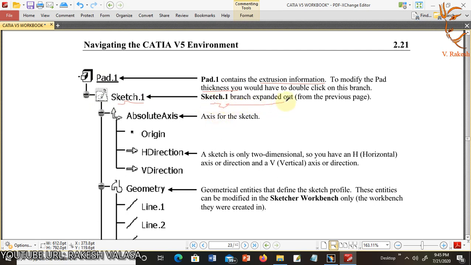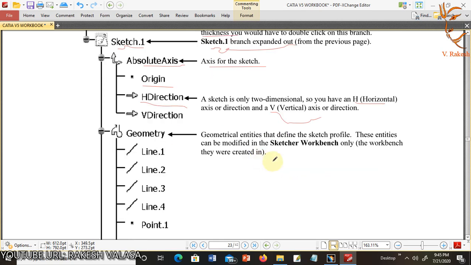Sketch 1 branch expanded out from the previous page. Next one, absolute axis. Axis for the sketch. Next, origin. H direction, that means a sketch is only two dimensional, so you have a horizontal axis or direction and a vertical axis or direction.